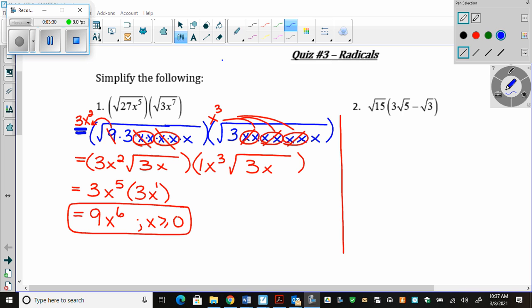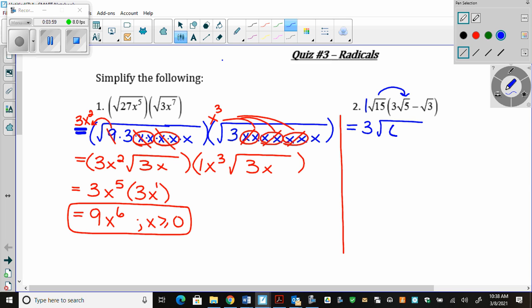So I distribute. Well, first I would check if I can reduce, because that's the first step I do always. Can I reduce any of them? The answer is no. So if I can't reduce them, then I go right to multiplication, right? But I always try and reduce my radicals first, always. So square root of 15 times 3 root 5, coefficient times coefficient, radicand times radicand. So 1 times 3 is 3. Square root 15 times 5 is,